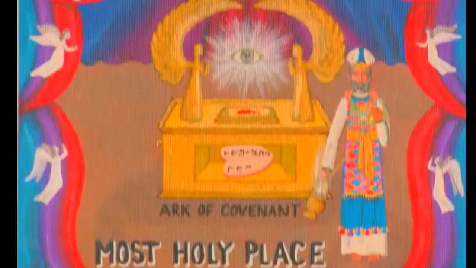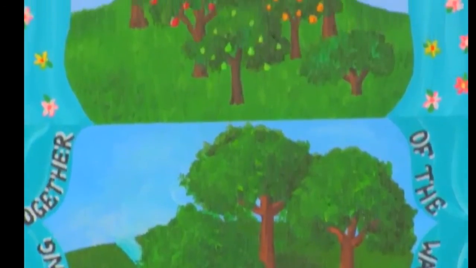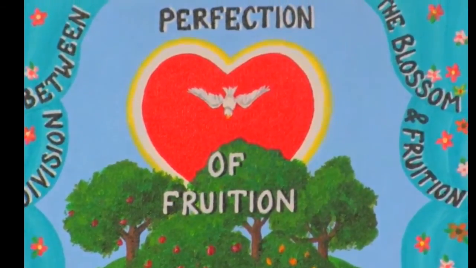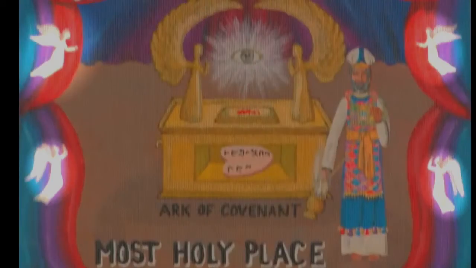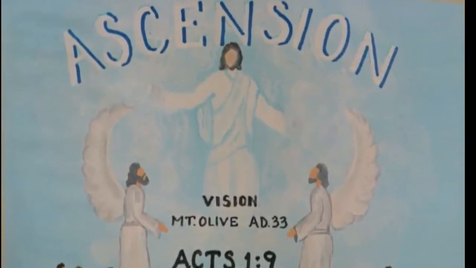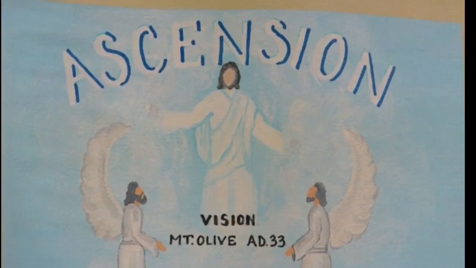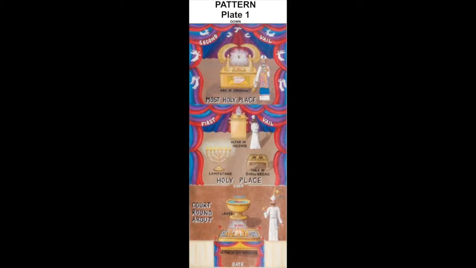The second veil, plate 1B, dividing the holy place from the most holy place, symbolizes the bud concealing and thereafter revealing the division between blossom and fruition in plate 8B. The blossoms on the same veil compare to the angelic figures woven on the second veil in the pattern of the tabernacle, plate 1B, and the entrance through or removal of the veil of the flesh of the Messiah in plate 31B, who arose a quickening spirit. This is proven by the rending of the veil in the temple as evidence